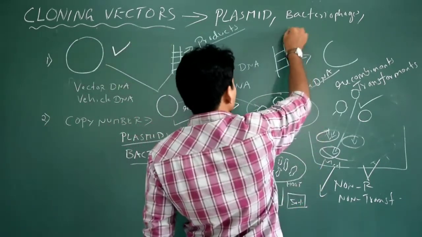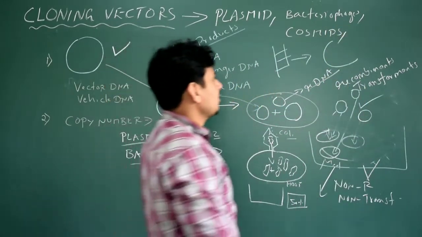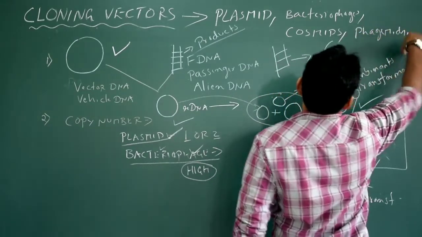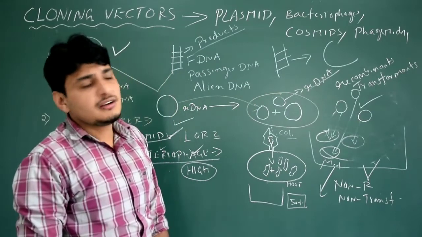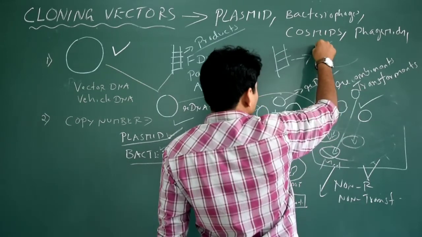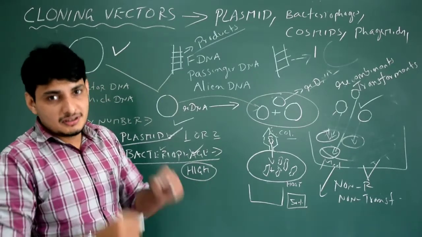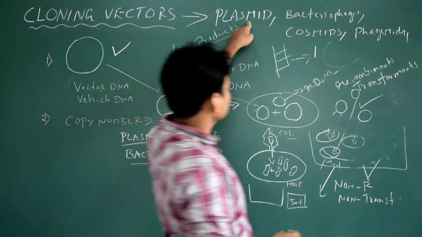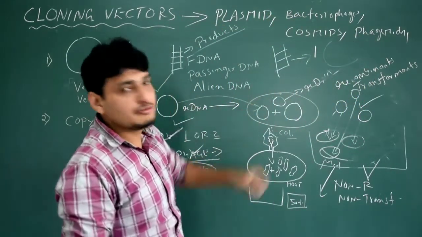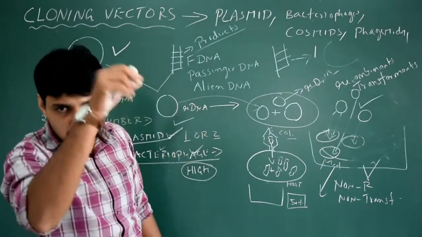The next is cosmids, another type of cloning vector, from the lambda phage, or phagemids, extracted from a bacteriophage, or maybe artificially constructed. Nowadays, scientists construct artificial cloning vectors because they want certain features. If the features are not present in these natural cloning vectors, then we have to construct an artificial cloning vector. Simple, you get it in the gene library, you have to construct it.